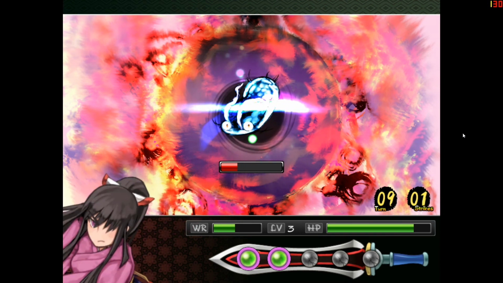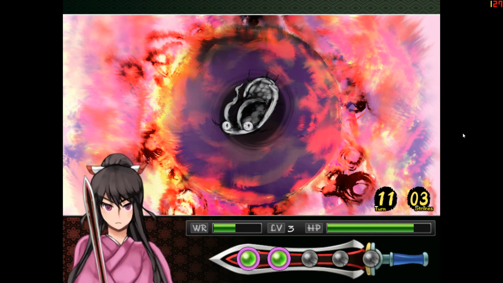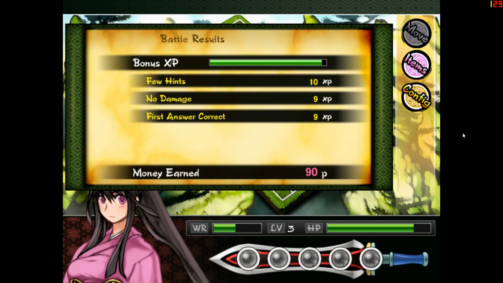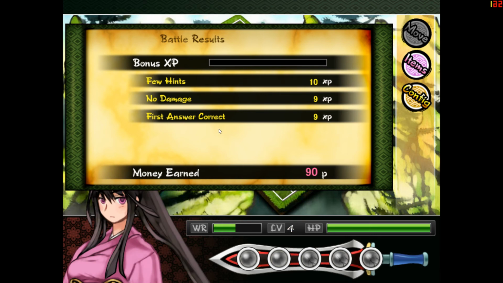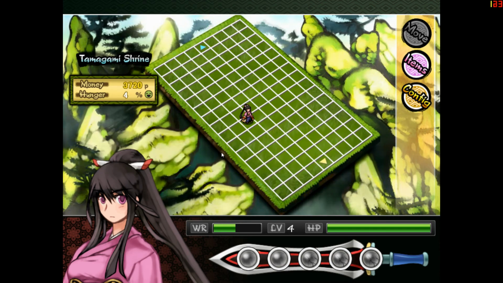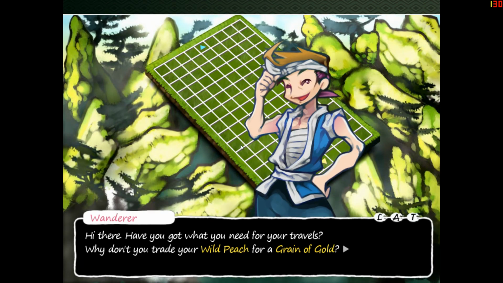And now, sometimes there's only so many hints that it'll give you. So sometimes you might have to just retreat. You'll have to run from the thing, or the thing will run from you. And hooray, I leveled up, and I earned some money. And you do get a bonus if you get the first answer correct, taking no damage. If you hit every single counter, you get bonuses as well. So you are not only rewarded for your ability to...